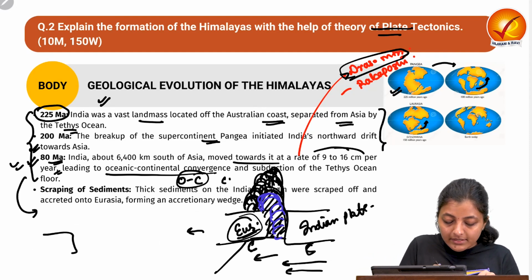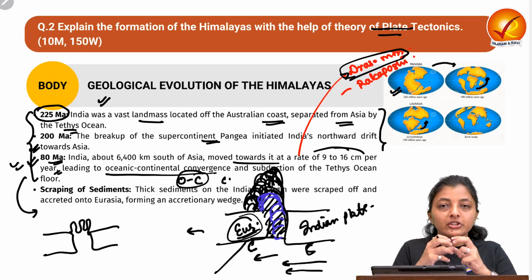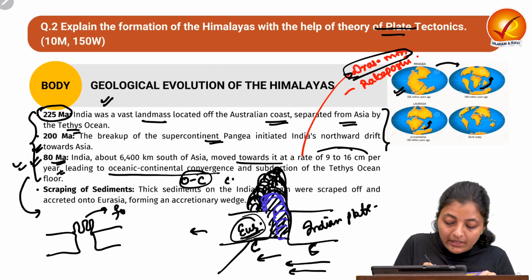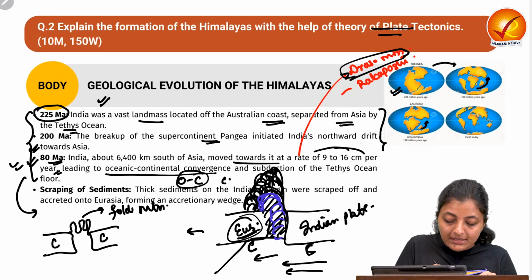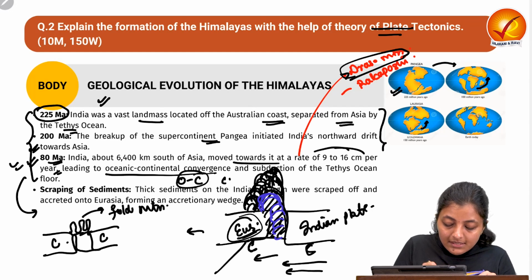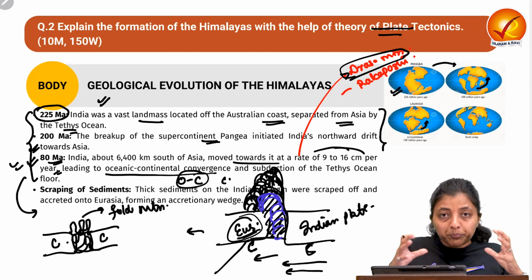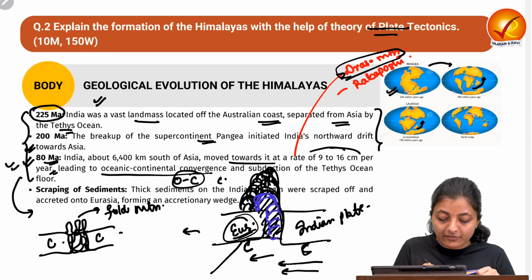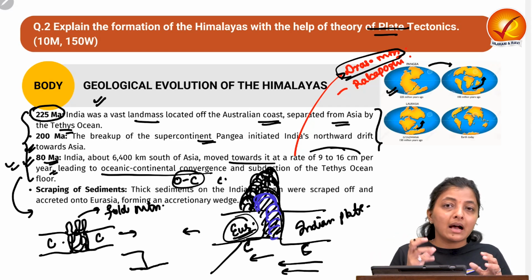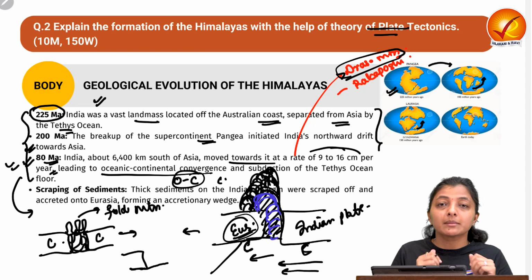Now, this results in the folding of the mountains, the folding of the accretionary prism along this plate. Now this results in the start of the creation of the fold mountain. Then there is a C-C convergence. And with time, when this plate gets compressed, because the continental plates are buoyant, they cannot be subducted.